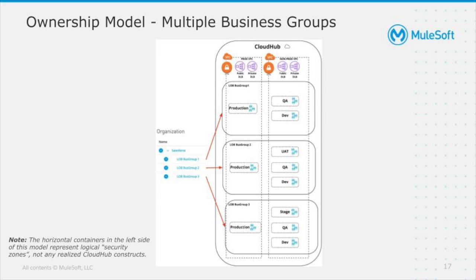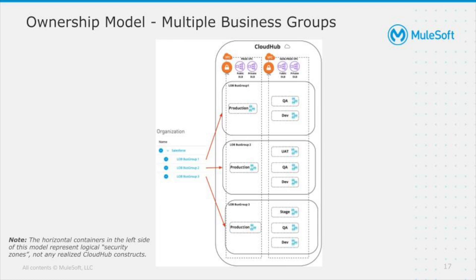There are some considerations that you should be aware of while creating business groups. Plan your business groups in the initial SDLC cycles itself, as there is no automated way to move an asset from one business group to the other. Also, while you are in a Cloud Hub setup, evaluate sharing VPCs, VPNs, and DLBs. This will make it easy for the operations team to manage. But for an on-prem setup, if you want to use shared infrastructure across the business groups, that would be a bottleneck, as one runtime can only be linked to one environment.